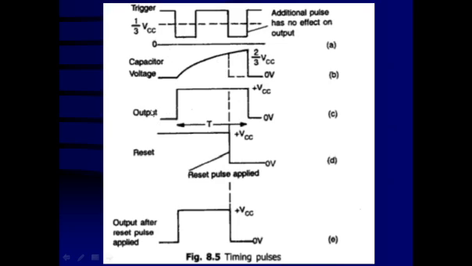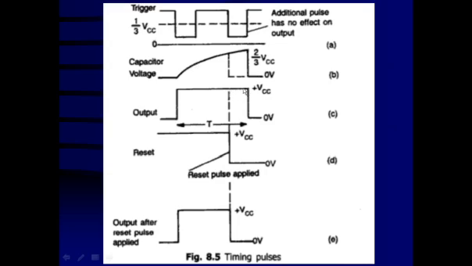So the output is normally in a stable state, that is, in the low state. When it triggers the circuit, when the capacitor starts charging, at that time the output goes to the high state. Now how much time is it residing in the high state? That depends upon these things. The capacitor starts charging until 2/3 VCC. Again, the output of the upper comparator is going to be high and it will reset the flip flop, and hence the output is going to be low immediately.